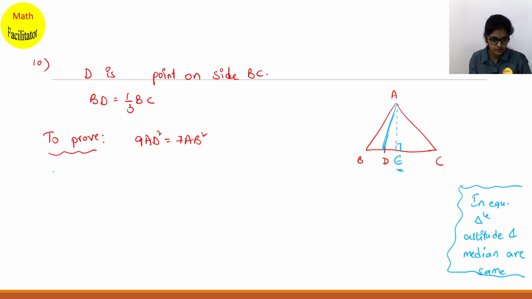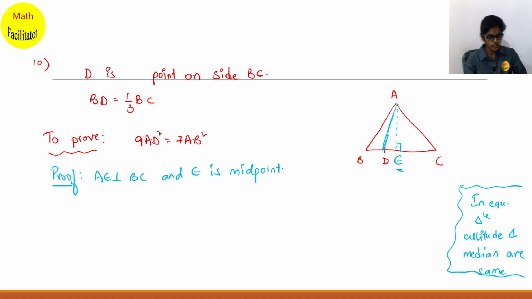So in the proof, what are you taking first? AE is perpendicular to BC and E is the midpoint, because of the reason I just gave you. Now see what you have to prove: AD square. Since I have to prove AD square, I am considering triangle ADE, which is a right angle triangle. Using Pythagoras theorem in triangle ADE,